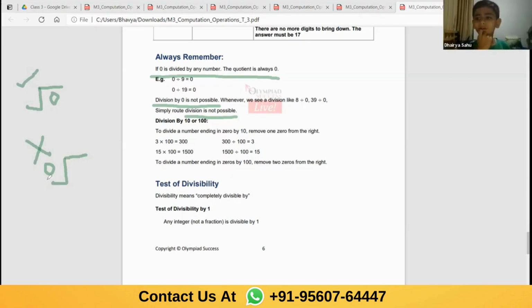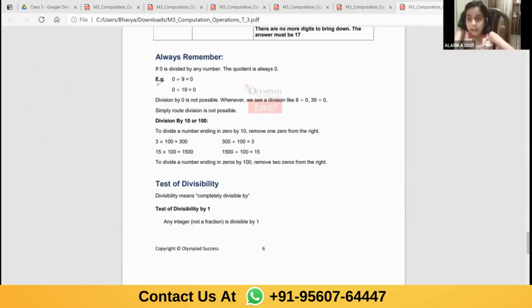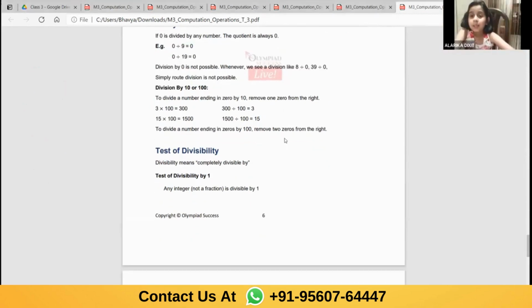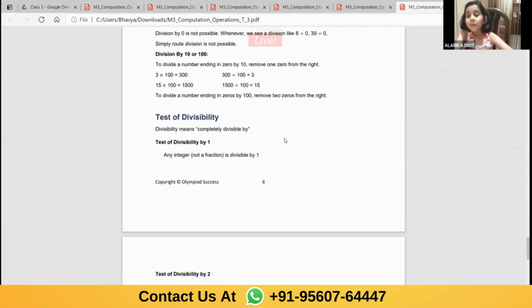Because ma'am, we cannot do anything when 0 becomes divisor. Because in subtraction we also need something to borrow, but in multiplication we get the same number. In addition we can do it easily, but how will we borrow in multiplication? No, I'm not talking about multiplication. I'm talking, Alarika, about when 0 becomes the divisor. I think the answer will be 0 only.